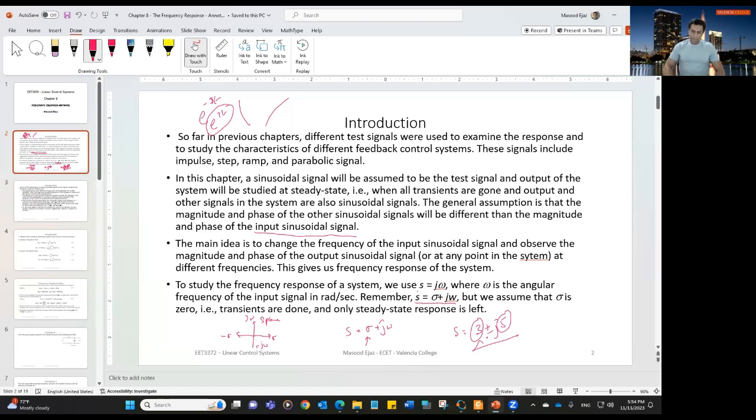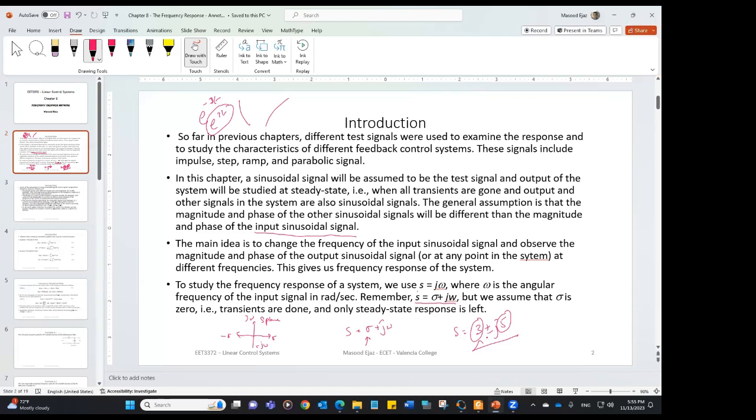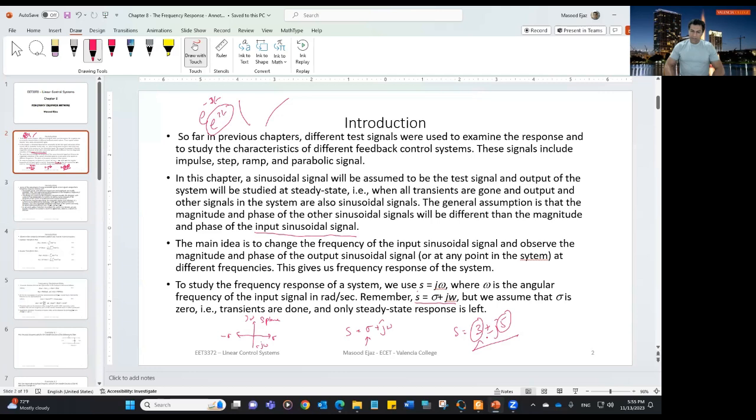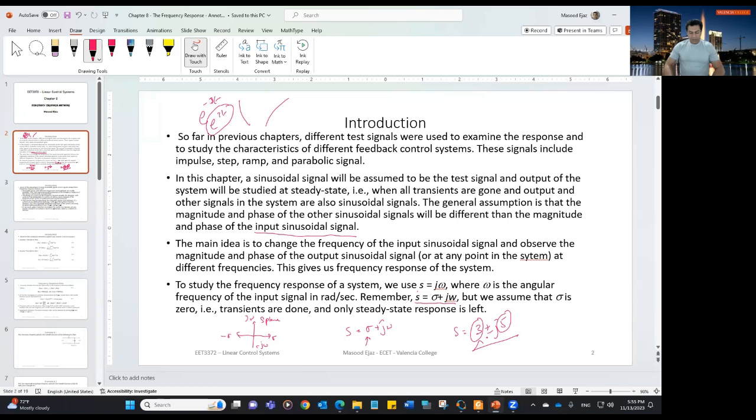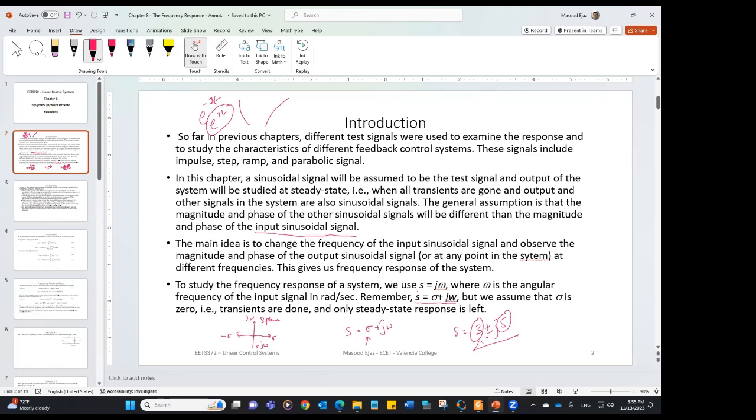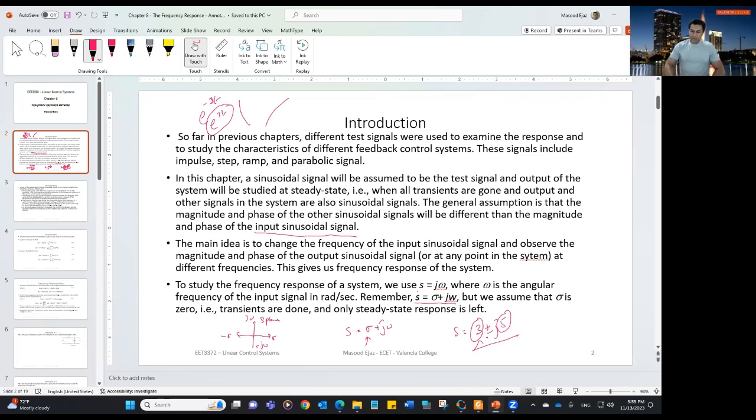Anyone? You guys did the inverse Laplace and calculated the time domain response and everything. If you have these two poles, how is the response going to look? The frequency? Frequency of what? You're right. Frequency of what? Of the imaginary part? Well, yes, it is imaginary, but this corresponds to the frequency of what? Angular frequency? Say it again. Angular frequency? Well, it is angular frequency, omega, but